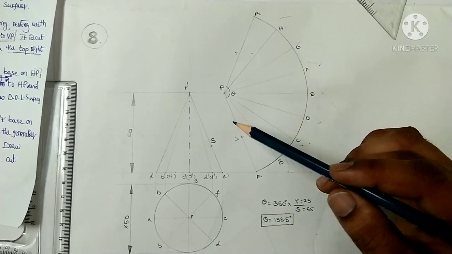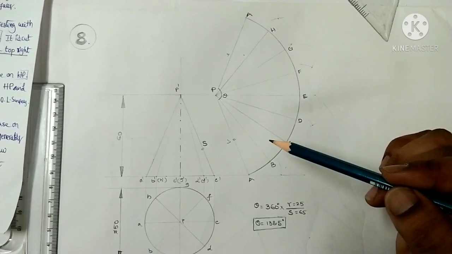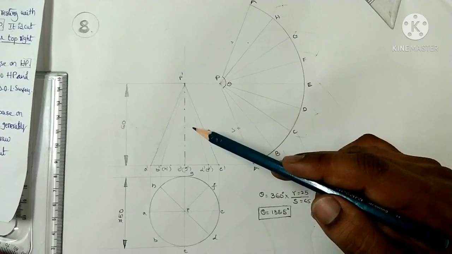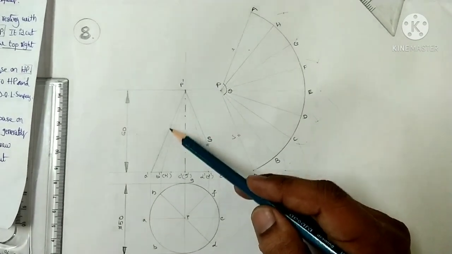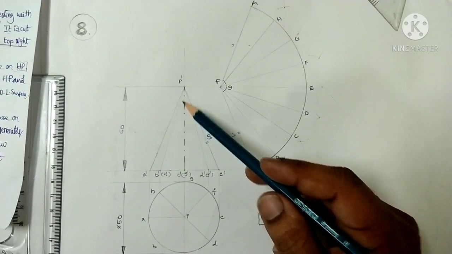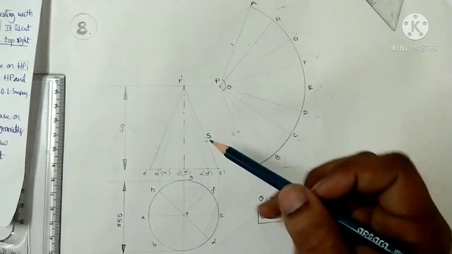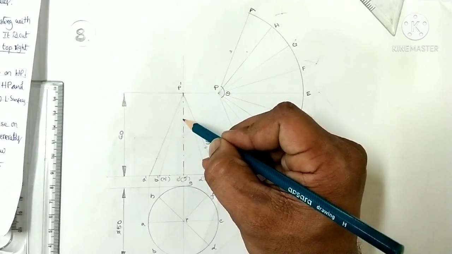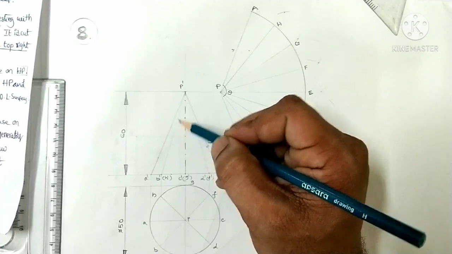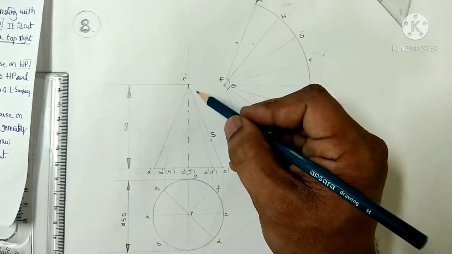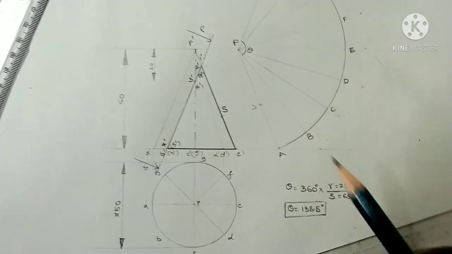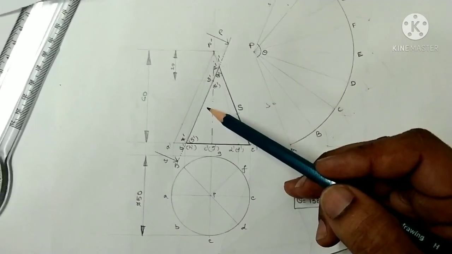But coming to the actual problem, we have the sectional plane also. So we have to cut the object according to the given conditions in this particular view. The sectional plane is parallel to one of the generators, either the left side generator or the right side generator. And one more thing, the sectional plane is passing through the axis, 20 mm below the apex. So we can mark a point 20 mm below the apex on the axis. Similarly, we can set the drafter with one of the generators, either the left side or right side generator, then cut the object. So let me show that line also. Yes, in this way we can cut the object according to the given conditions.